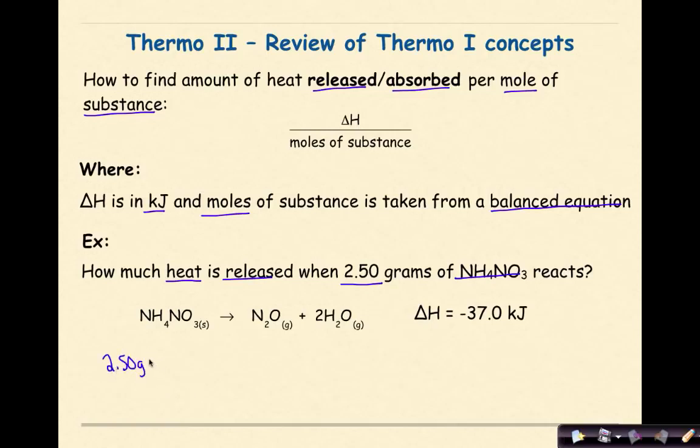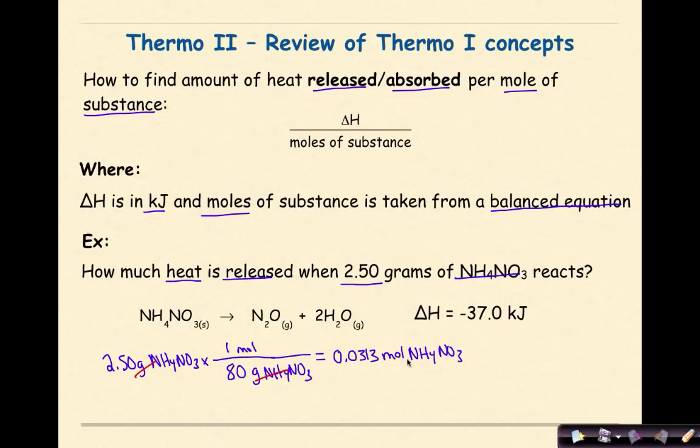2.50 grams of NH4NO3, multiplication sign and a line. Whatever unit I start with is going to go on the bottom, so grams of ammonium nitrate all over 1 mole of ammonium nitrate, and the gram formula mass of ammonium nitrate is 80. So I'm going to do that, and then I know that grams will cancel grams, so I'm going to do 2.50 times 1 divided by 80, and I'm going to get 0.0313 moles of ammonium nitrate,